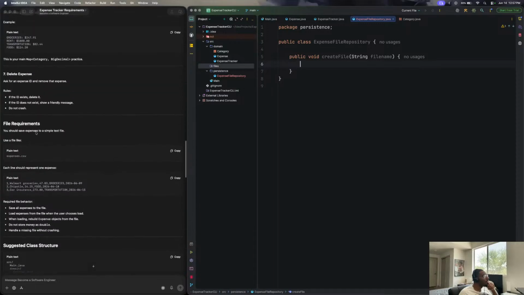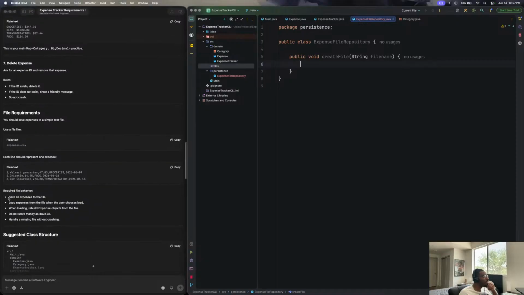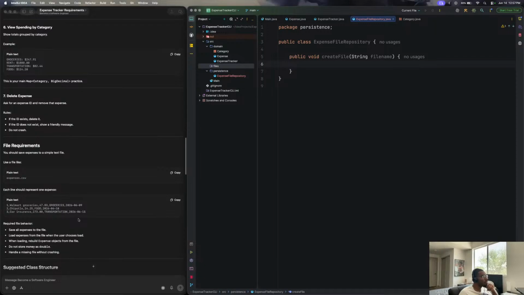Okay, you should save expenses to a simple text file. Do CSV. Each line should represent one expense. Save all expenses to the file. Load expenses from the file when the user chooses load. When loading, rebuild expense objects from the file. Do not store money as double. Handle the missing file without crashing. So should we create and